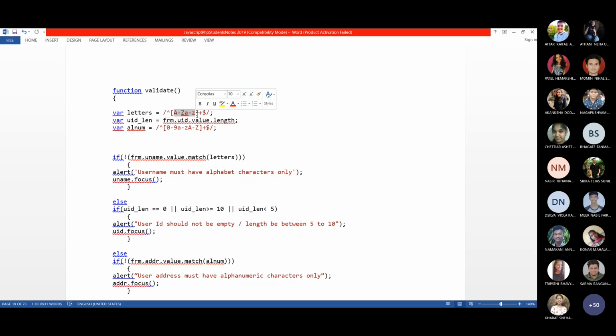So 1 comes, that is numeric. So I will validate accordingly. If 1 comes, that is not a valid entry in the username. So if anything other than the capital or small alphabet comes, that's why the inverse here. Exclamatory means not this.